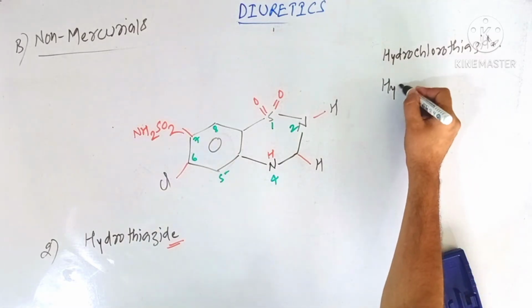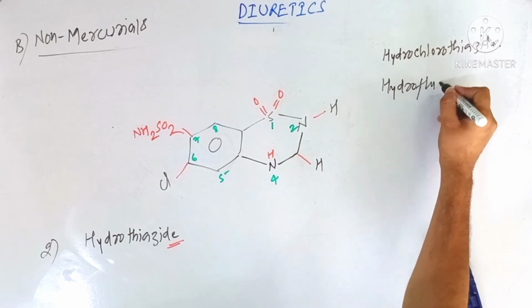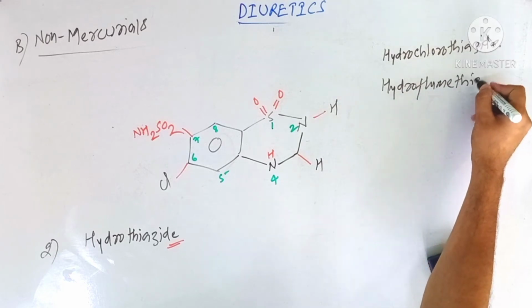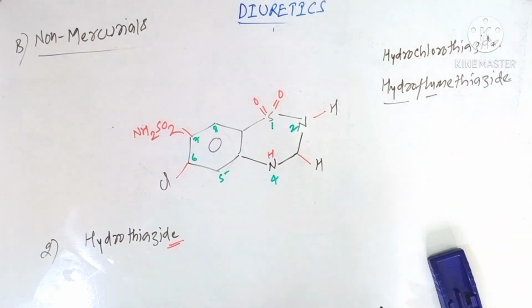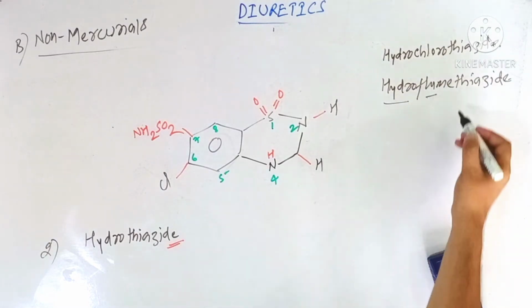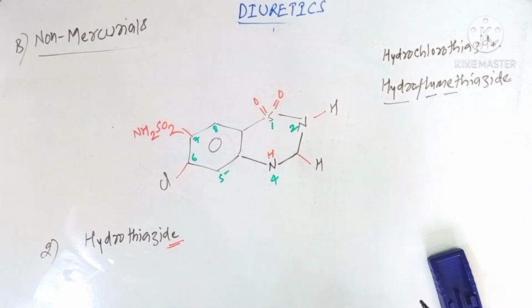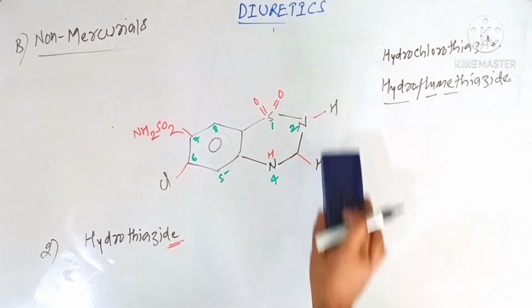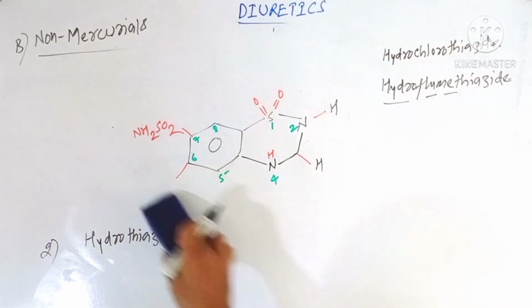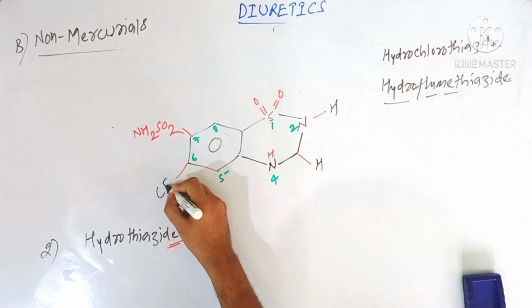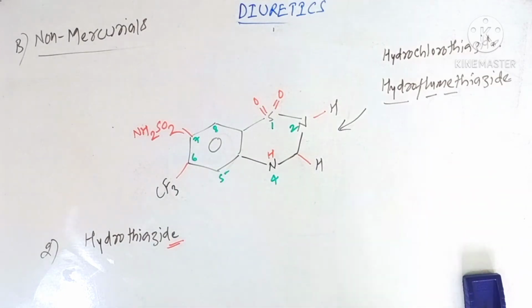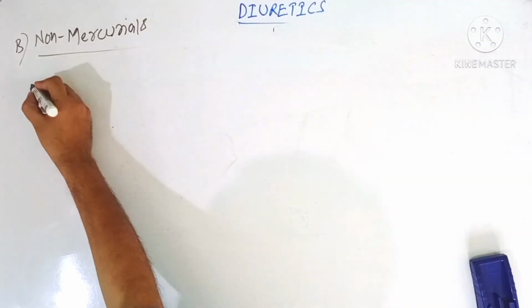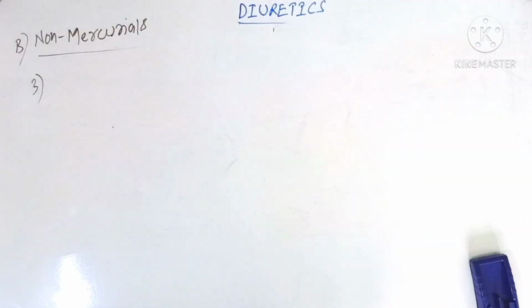hydroflumethiazide. So again, flu means fluorine, and me means methyl. So in hydroflumethiazide, both hydrogens remain as such, but in this position there is again CF3. So this is the structure of your hydroflumethiazide. Now class number 3,